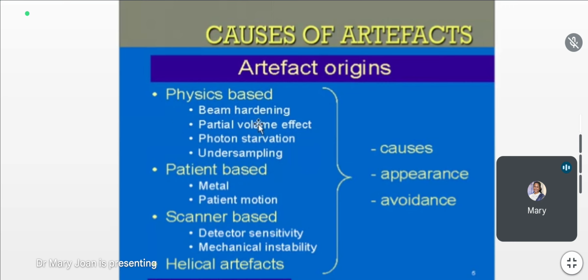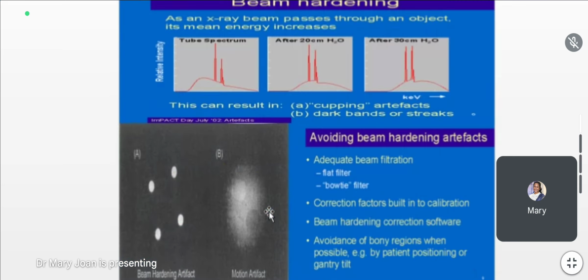Physics based are because of beam hardening, partial volume effect, photon starvation, and undersampling. Patient based are because of metal artifacts or patient motion, and scanner based are because of detector sensitivity and mechanical instability. We have seen the helical artifacts, where the rotation takes place and the corresponding display and imaging system. So beam hardening,